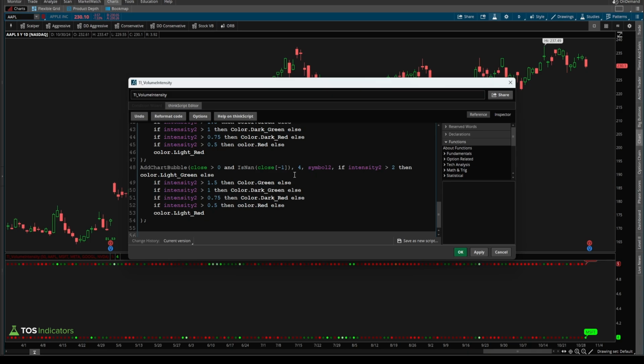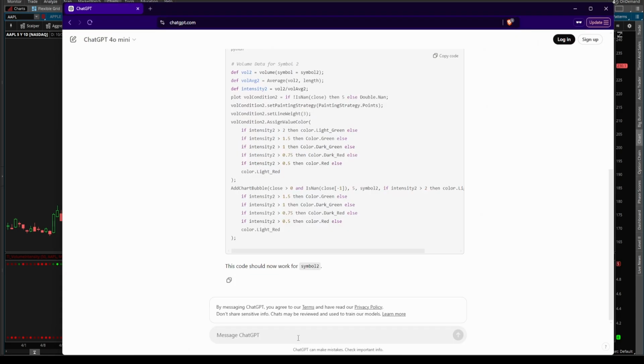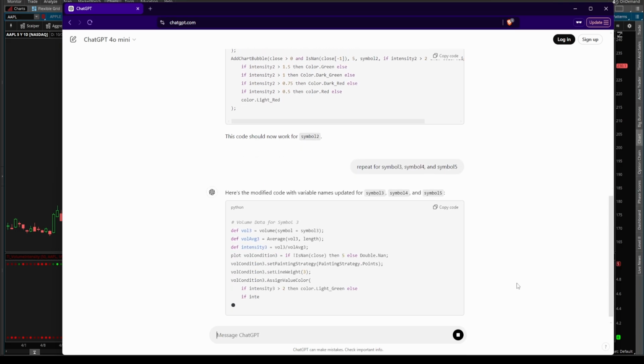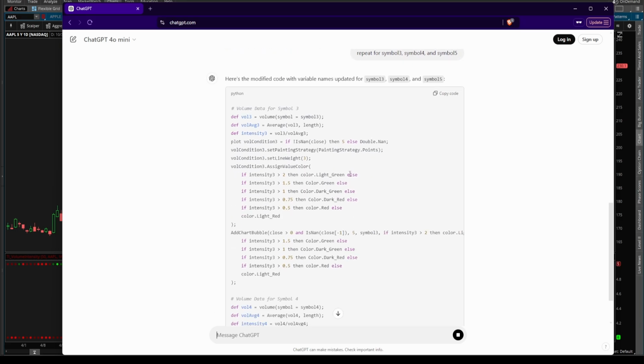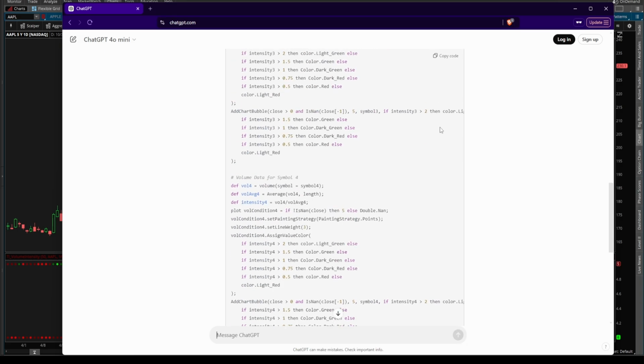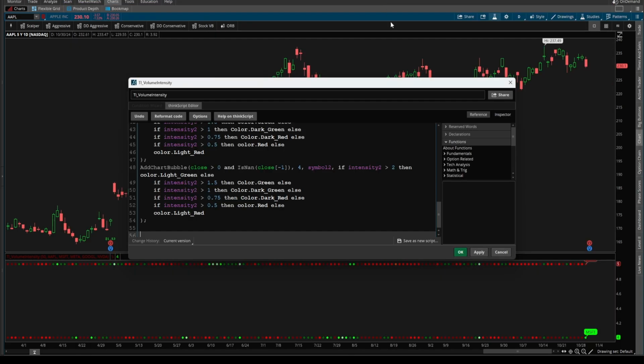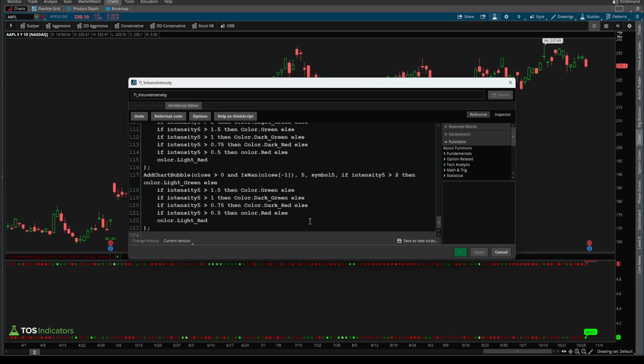And I'm going to ask ChatGPT to do that all in one go. So I'll come inside of our message board here and I'll say repeat for symbol 3, symbol 4, and symbol 5. And I can manually change each of these. So symbol 3 will now be plotting on number 3, symbol 4 on number 2, and then symbol 5 on 1. So let's go ahead and copy this code, come back inside of ThinkOrSwim, paste this towards the bottom,